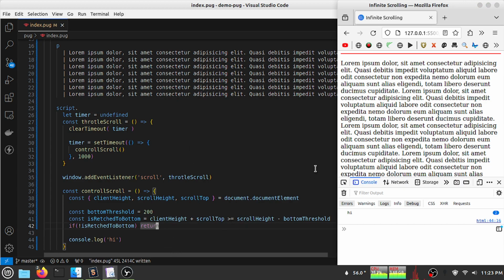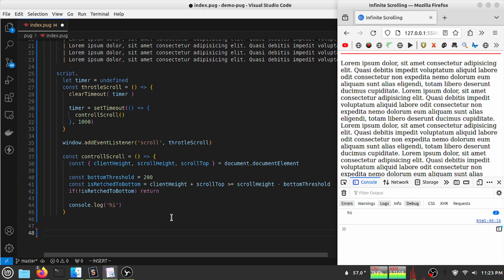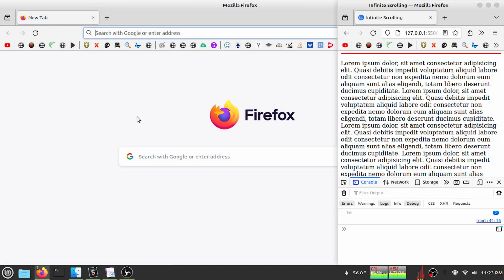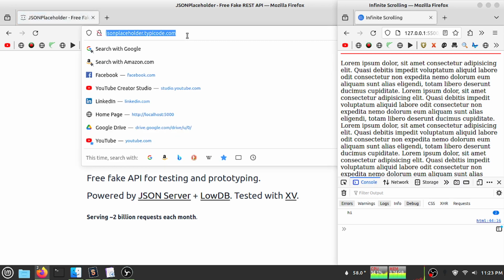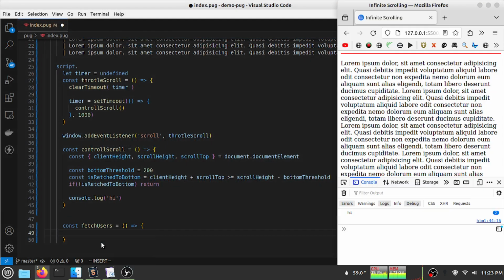Now let's call our API here. Actually, before calling our API, let's create another function for our API handling. And here I need a JSON placeholder, actually this link, because it already has some APIs created. So I will use this one,